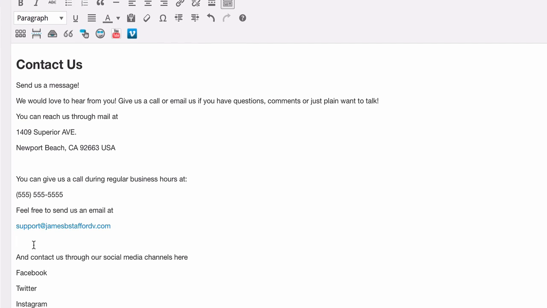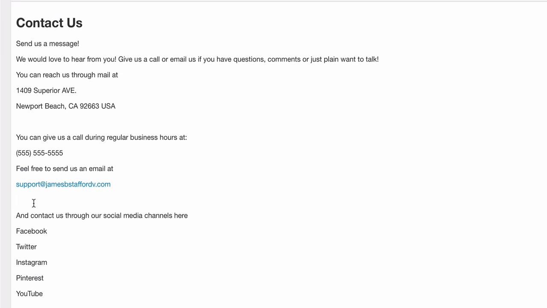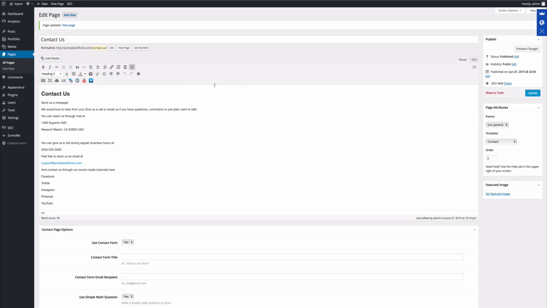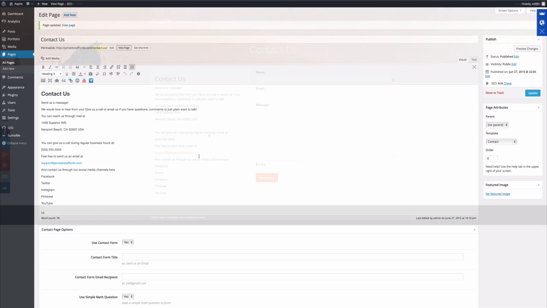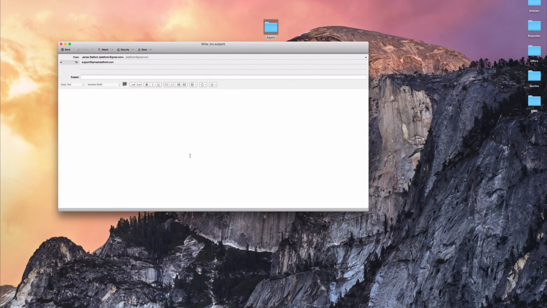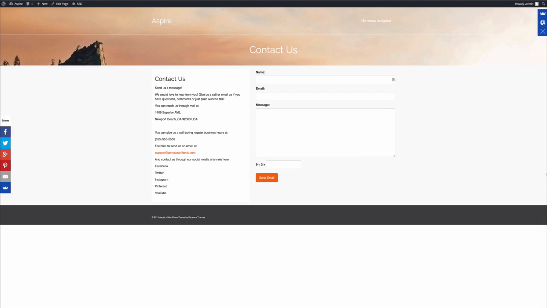Some people prefer that as opposed to filling out a contact form, so it's good to have all your bases covered. We'll update it. View page, we'll take a peek at what it looks like. Great, it's looking good. So we'll click on my email address. There you go. Now they can send you an email directly. Okay, now this is really